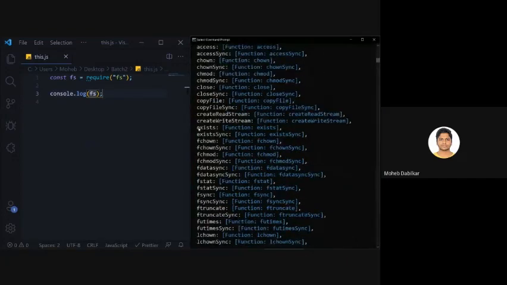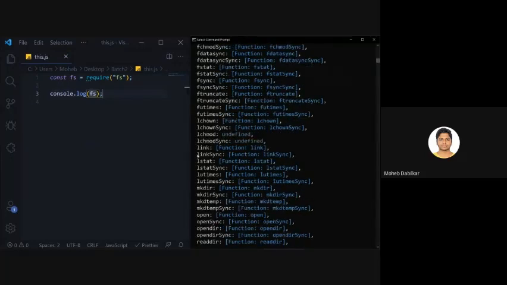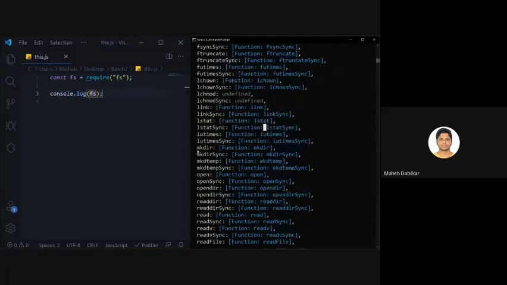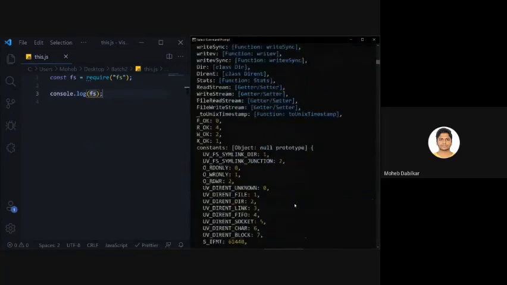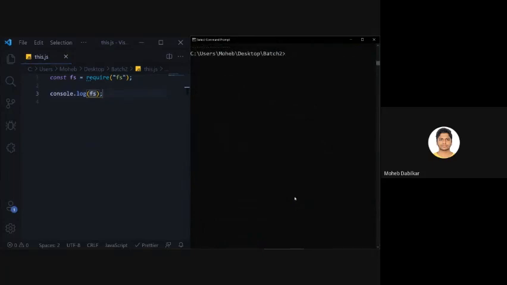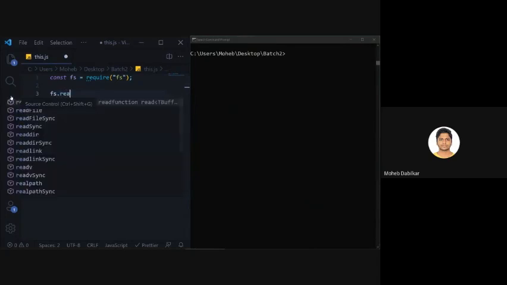Yeah, you can check if a file exists. Then there are many things that you should know. Then there is a link. And the sync versions mean that if a file takes time to work, then you can make it work like an asynchronous thing. So the first thing we are going to do is start with read file. Let's go to the bottom of this page, and we will say fs.readFile.